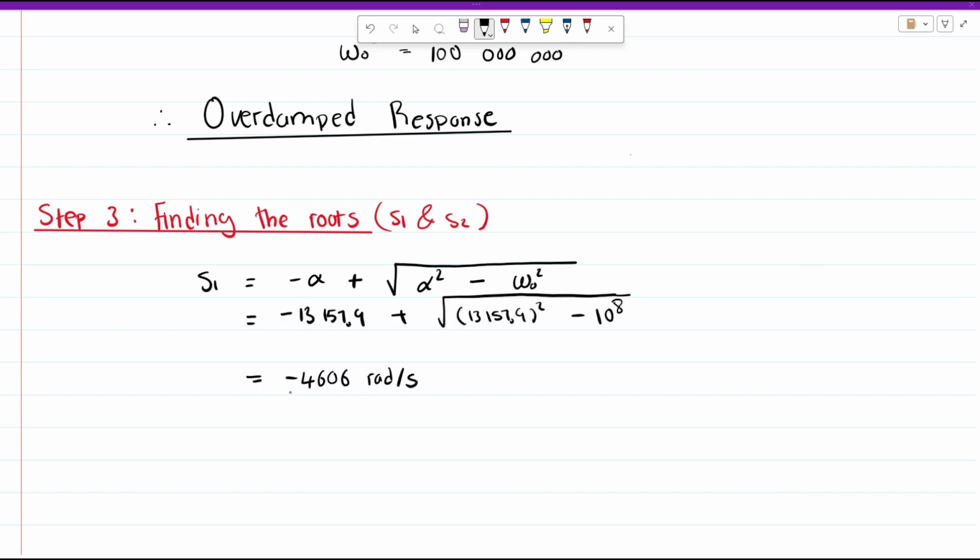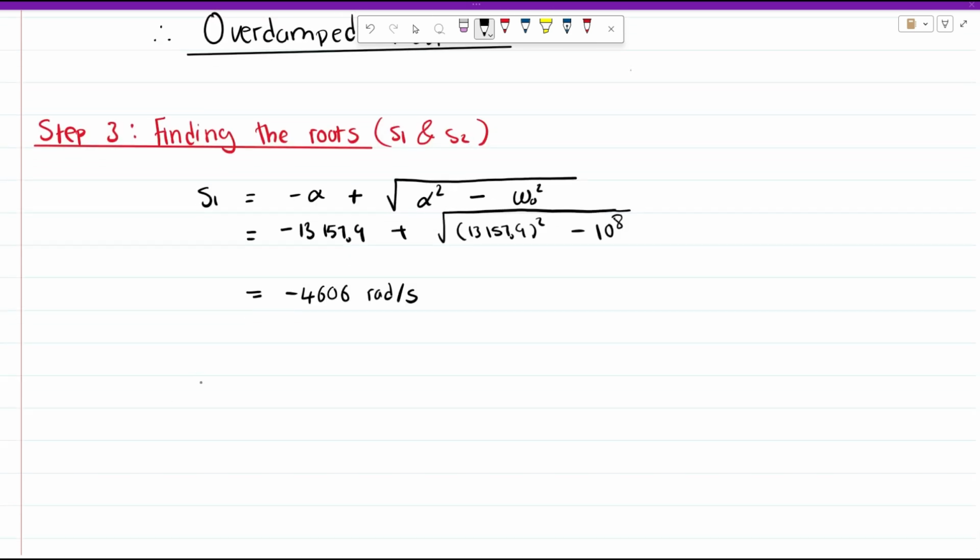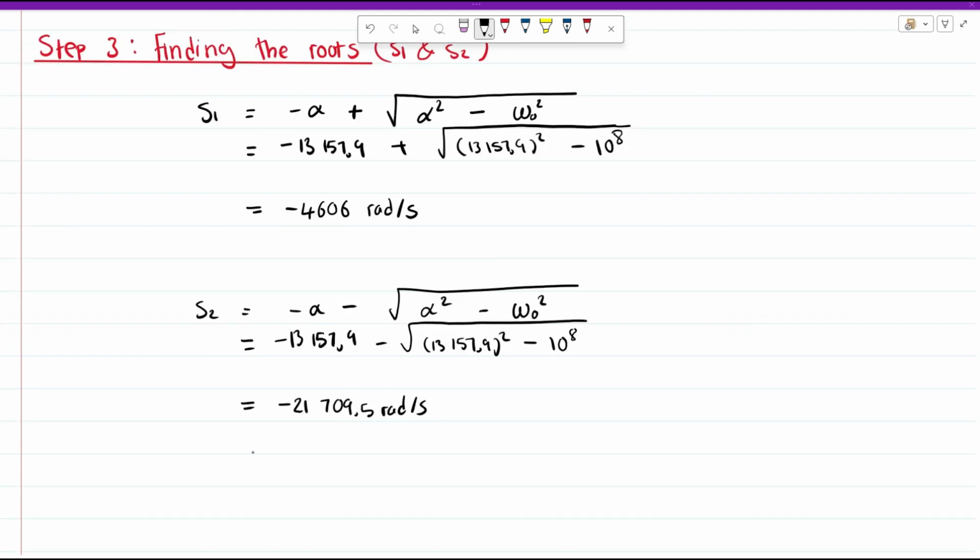And we get the root of negative 4,606 radians per second. Now let's find the second root. The second root is equal to negative Neper frequency minus the square root of Neper frequency squared minus resonant radian frequency squared. So let's substitute and get the second root. And we get negative